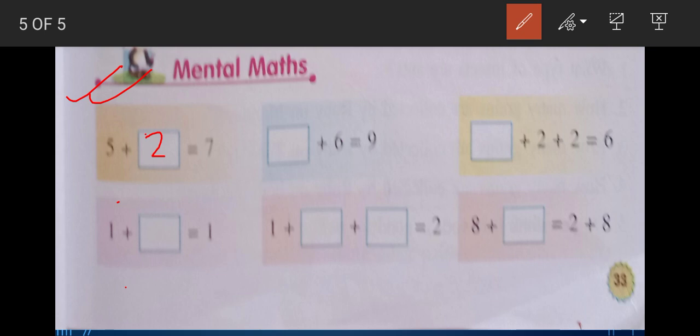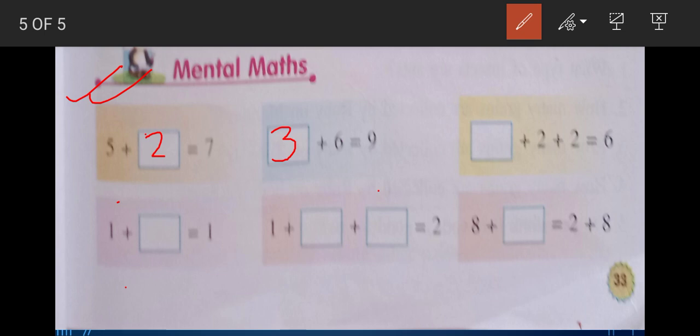In the same way, here it is 9, isn't it? With 6, what you have to add to make it 9? 6 plus 1 is 7. 6 plus 2 is 8. 6 plus 3 is 9. You have to count it mentally that way. Since we have not reached the subtraction chapter, I am not going to show it in that way. Otherwise you can minus 6 from 9, you will get 3. But that way it will not be easy for you now.